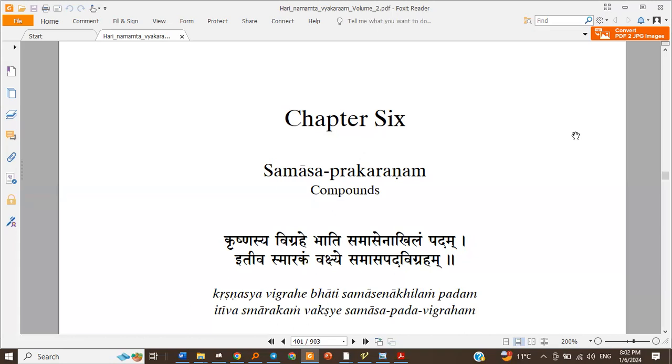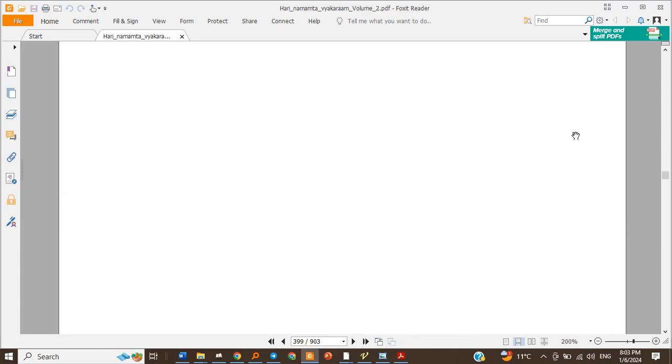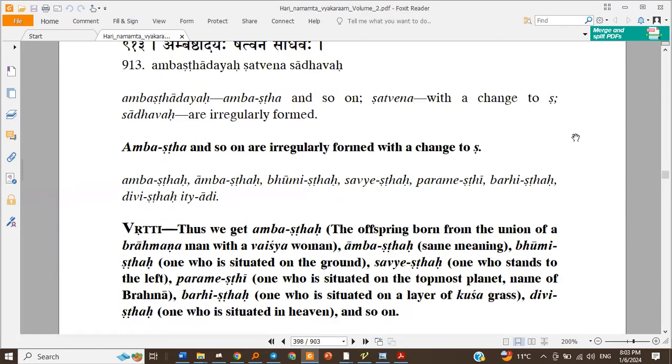But in Dhatu, we had that sutra, Upendrat shopadeshasya shatvam kvachit. After an upendra, the prefix, the Sa turns into Sha, provided the nimittas are followed as per the original sutra, Ishvara Harimitra Ka Ram Nib. So that's the meaning. We take the nimittas from that sutra, the Shatva Vidhi Sutra. So in Amba, what is the nimitta? That's why it's a Nipata, no? Yes, it says Ambashta and so on are irregularly formed with a change to sh. So it says that.